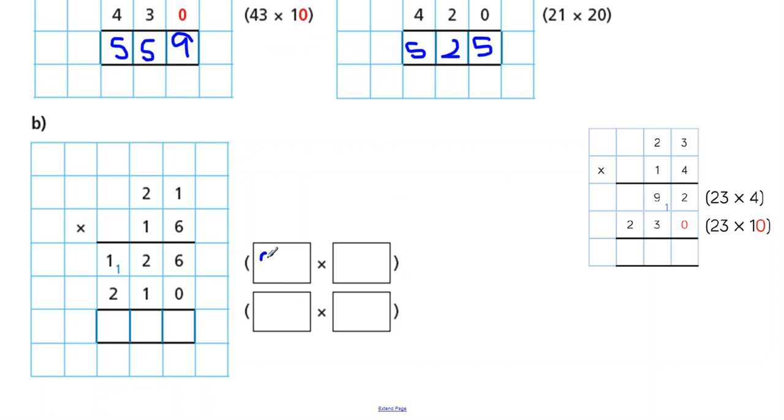So I know it's 21. 21. And my first lot of 21 is multiplied by 6. And I've got 21 again, and I've multiplied it by 10. And so when I recombine, my answer is